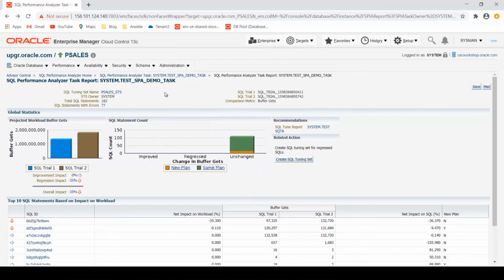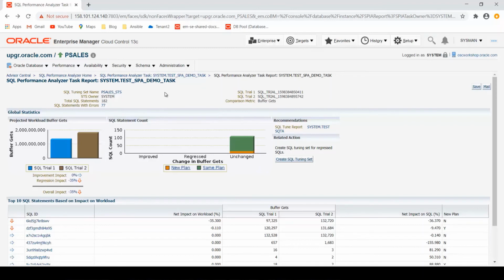If we want to patch, we want to upgrade databases, we can assess that impact in the performance of our workload, right? It's really critical to know how the workload from production is going to behave on tasks such